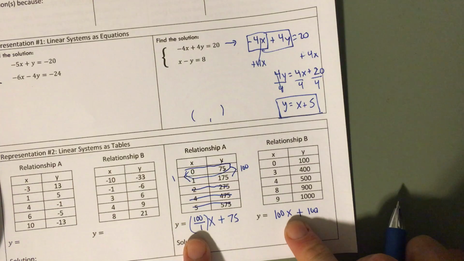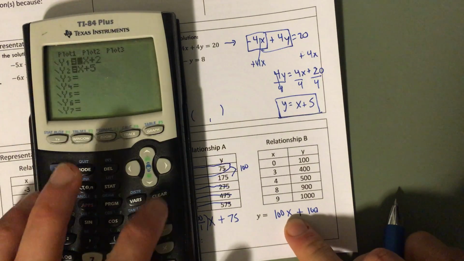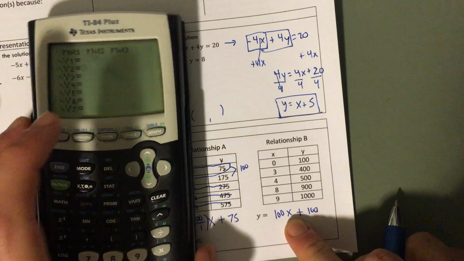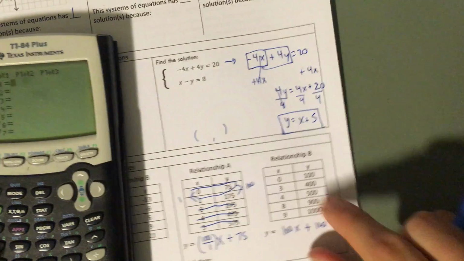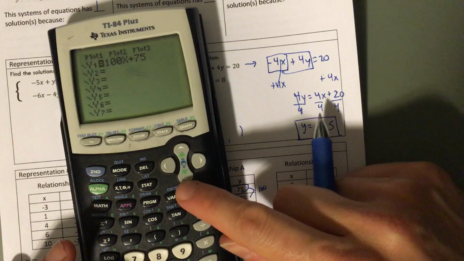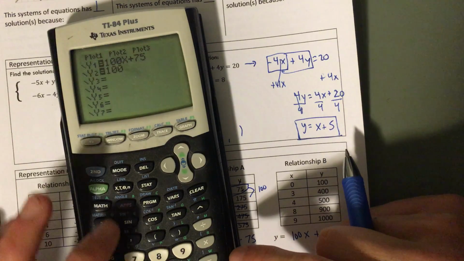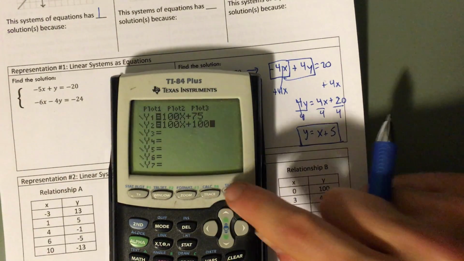I could put them in the calculator and see what happens. So I could do clear, clear. The first one is just 100x plus 75. And then the second one is 100x plus 100, right? And if I graph,